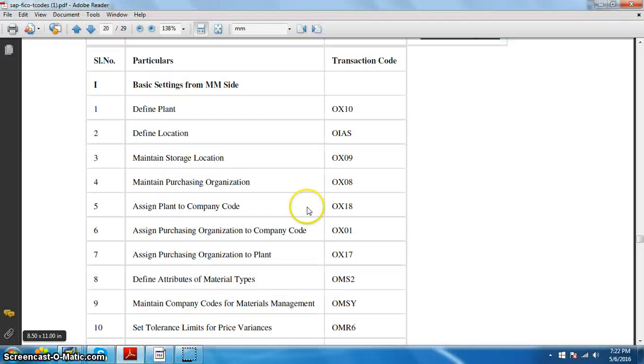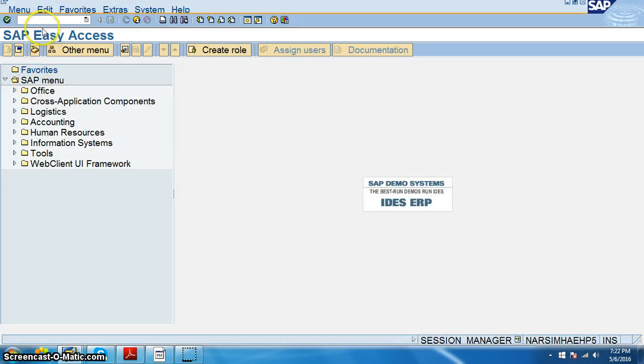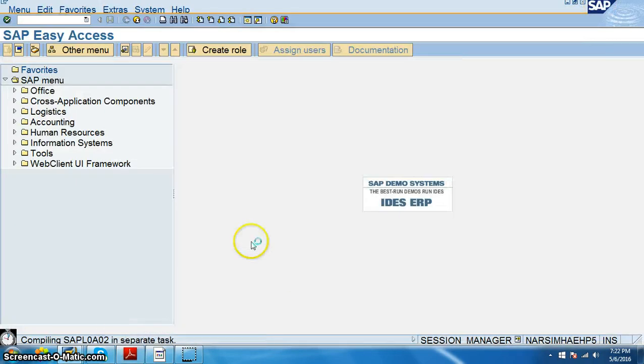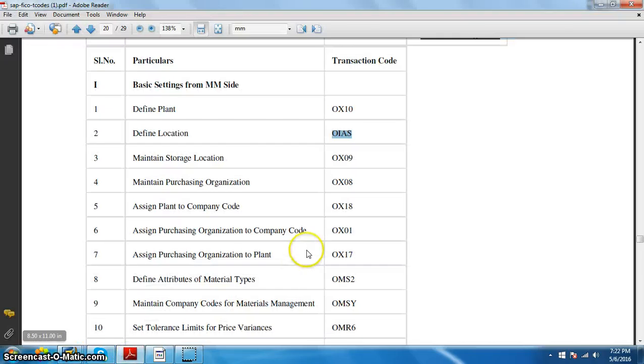Back, we'll go for the location, OIAS. That's location. We are going to maintain the location here in the OIAS transaction. Then OX09 we are going to maintain the storage location, and maintain purchase organization in OX08.